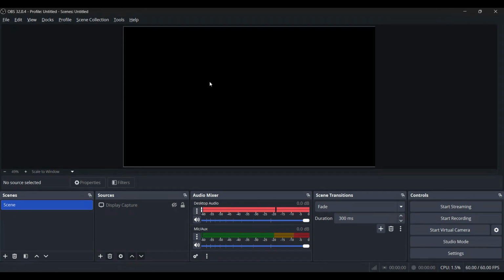Now we're going to add a limiter. Click the plus icon, choose Limiter, and click OK. Set the limiter to -3 decibels. This ensures your audio never goes above a safe level and prevents distortion or clipping, even if you laugh or raise your voice suddenly. The limiter is like a safety net for your audio, and it's highly recommended for all